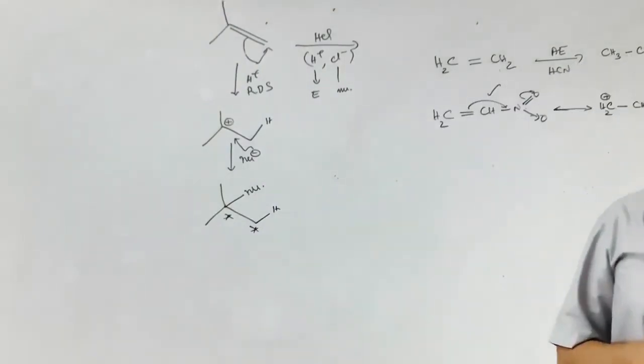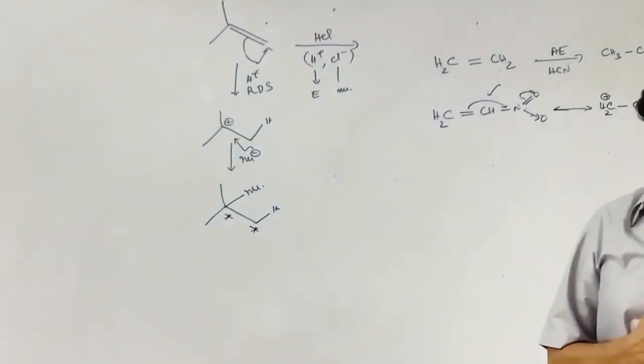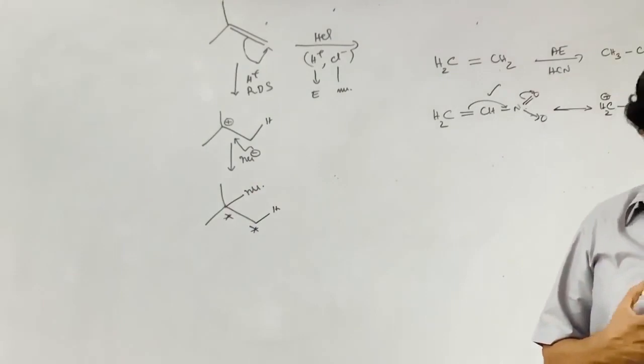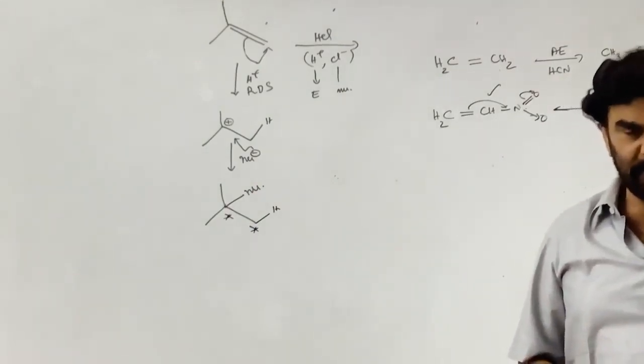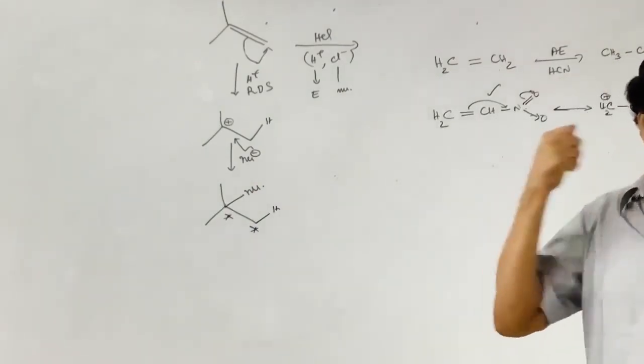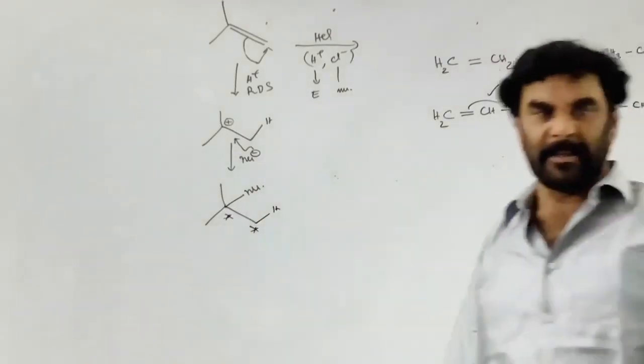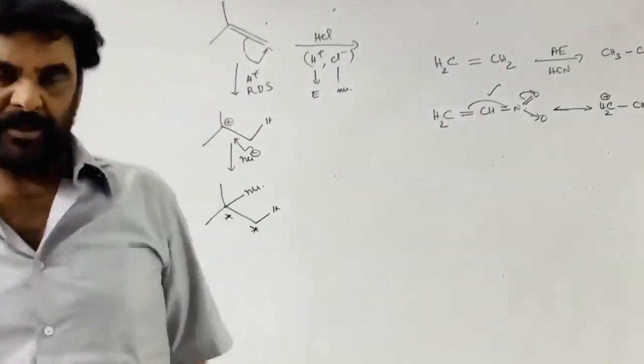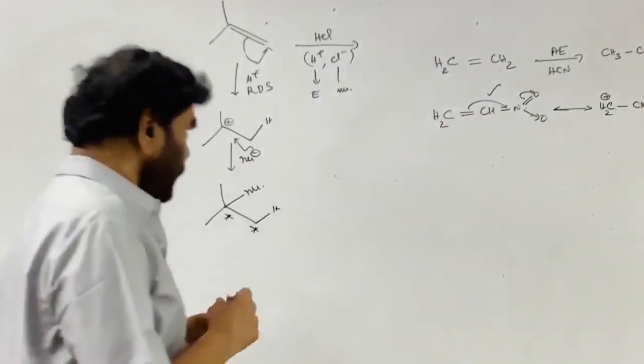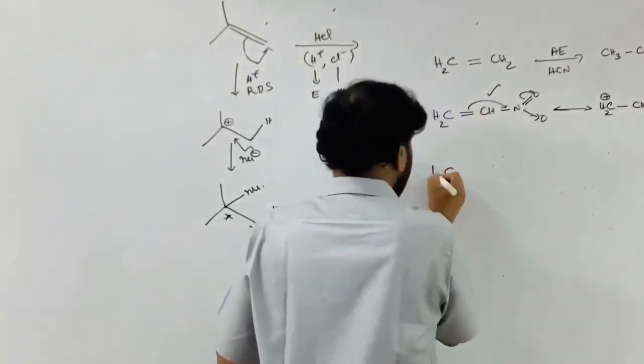I told you the restriction for the nucleophilic addition reaction on the ethylenic center is due to the pi electron cloud. If the pi electron density is decreased on the ethylenic center, that center takes part in the nucleophilic addition reaction. So now if you take this and treat with